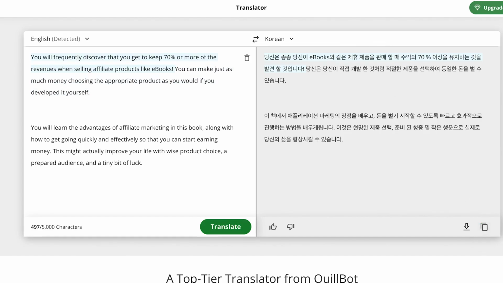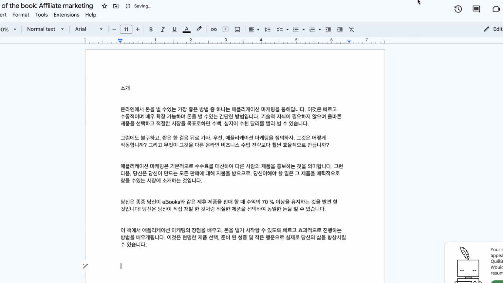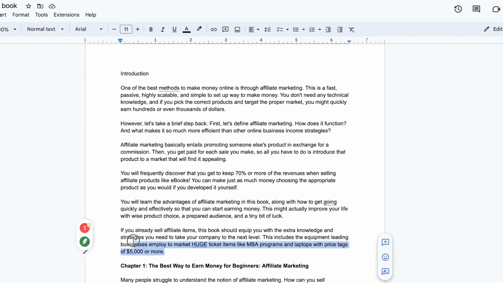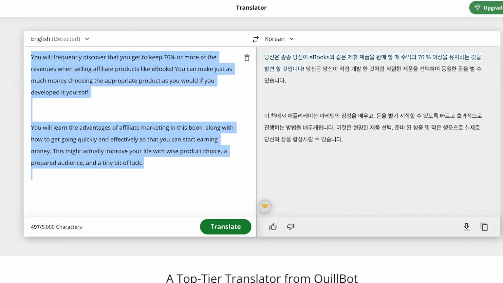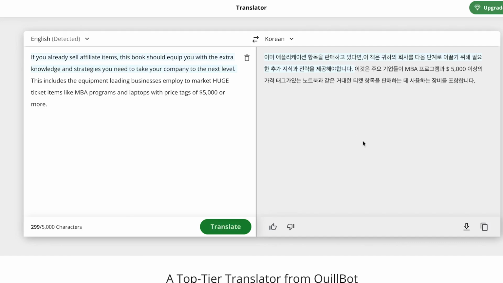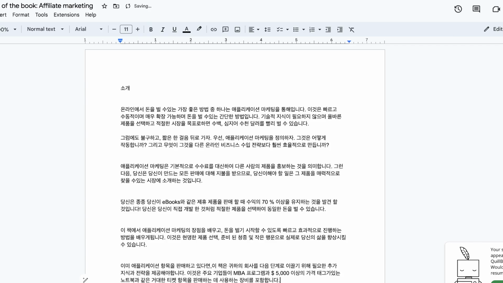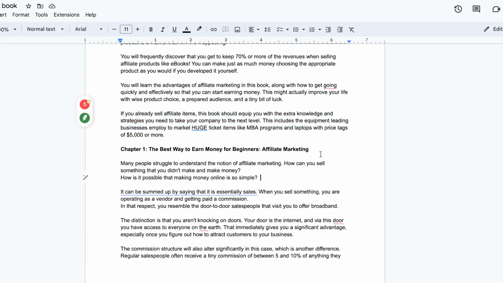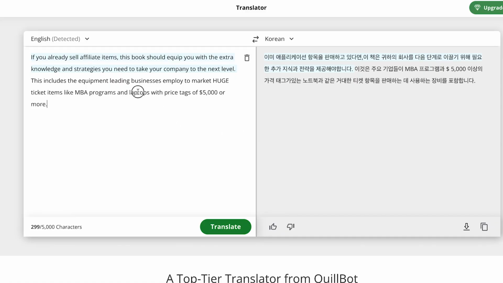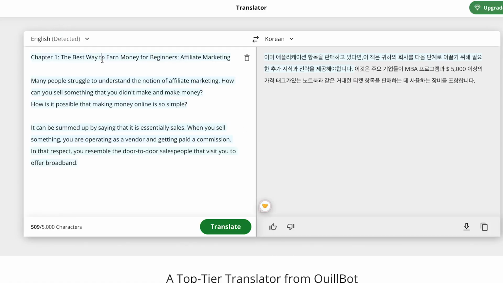You copy, and then you can come back and paste, and then you can go back to the English version, copy, come back to Quillbot, and just paste in, say translate, and it's going to translate for you directly. So you can just copy back to your Korean and paste it. Now the next one is going to be a subheading, so I want to translate it separately. So let's say we select everything, including the subheading, back to Quillbot, select and paste, but then we know this is chapter 1.